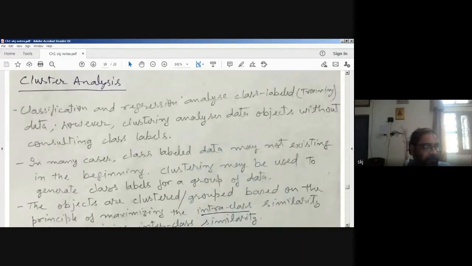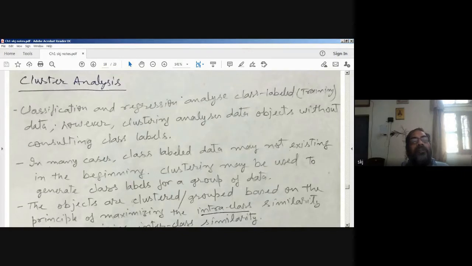In a data mining course, classification and clustering are very much used. And in each book, you will find there may be two chapters or one big chapter or even more dedicated only to clustering or cluster analysis. And classification you will also find. So both are very important, and they are the main part of the entire course.